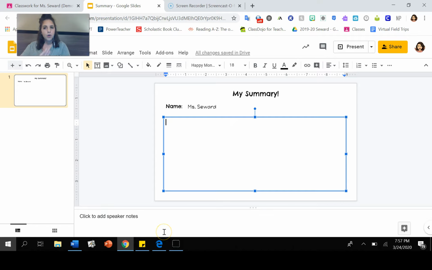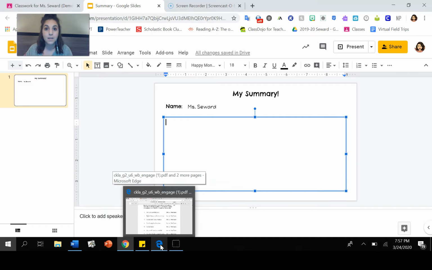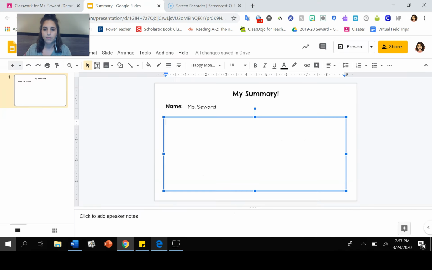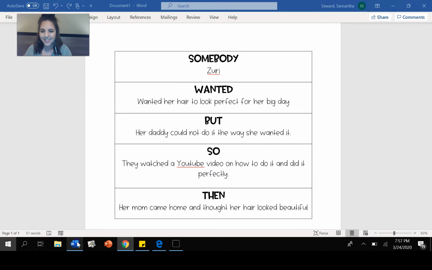Okay, so first, now that you see how to get into that, let's go back and look at Miss Seward's somebody wanted but so then. That's not it, is it? Silly Miss Seward. This is it. So the somebody, remember, is the main character in the story, right? So the somebody in Hair Love was the little girl, Zuri, right?